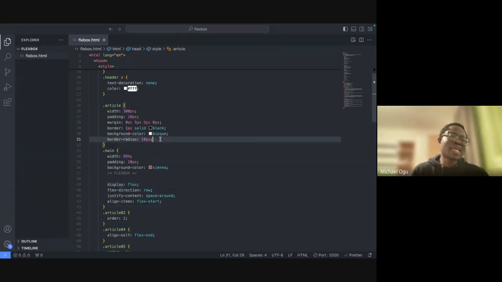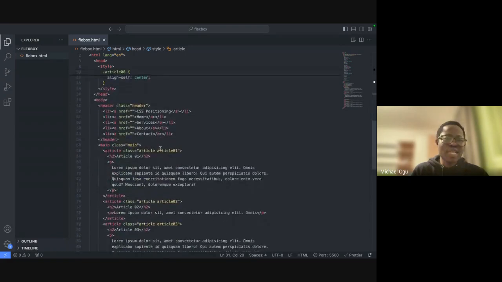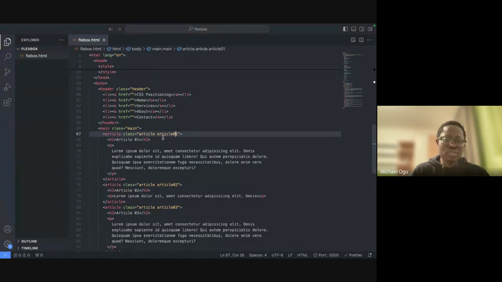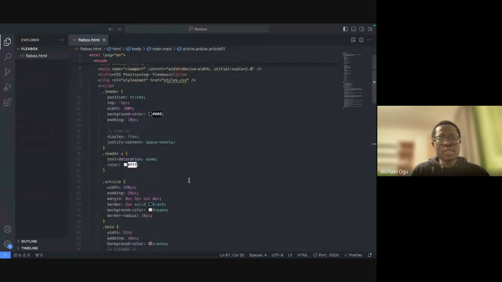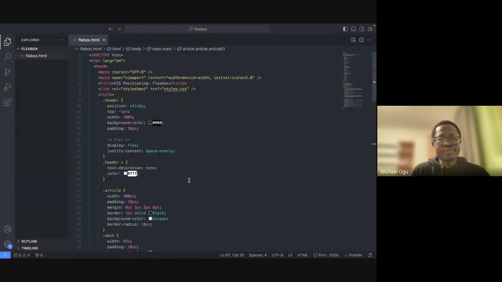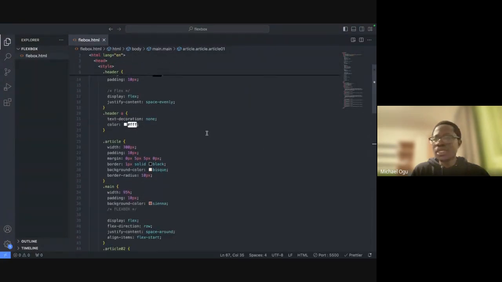Now, this is a flex item. What's a flex item? Just one of the items inside the flex container, like this. Remember, this article and article one: the article is a class that applies to all the articles, and then this one applies specifically to this item. So what we can do here is